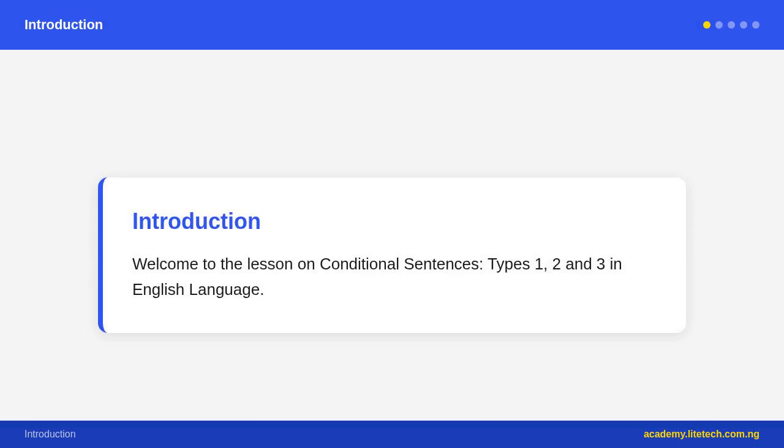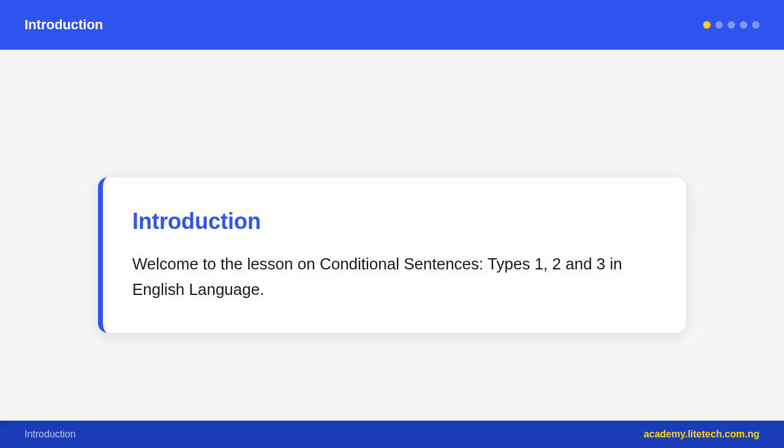What is a conditional sentence? A conditional sentence expresses a condition, an if situation, and its result. It contains two clauses, the if clause, the condition, and the main clause, the result. The conditional sentence tells us, if this condition is met, then this result follows. English has four main types of conditional sentences. We will study types 1, 2, and 3 in depth.